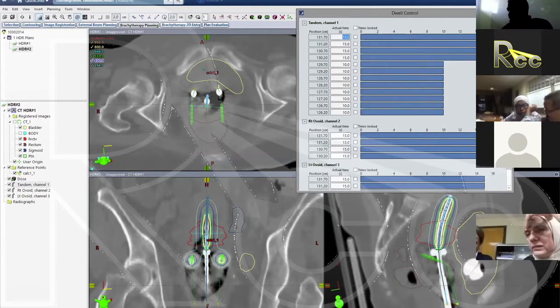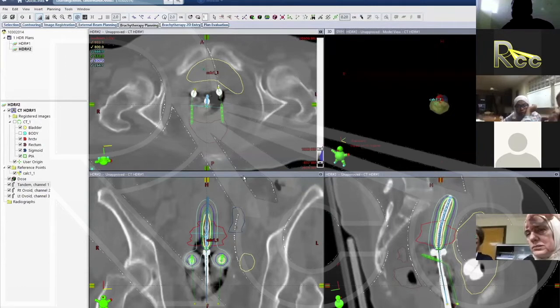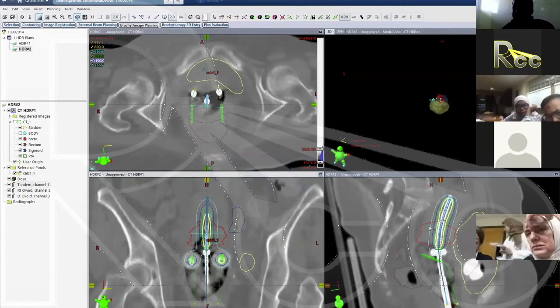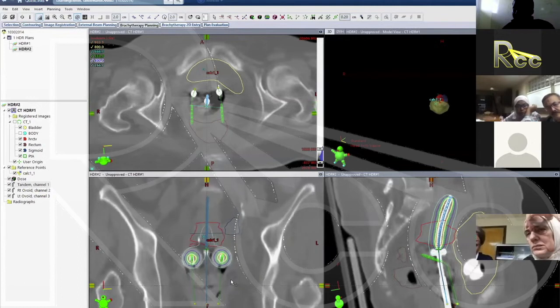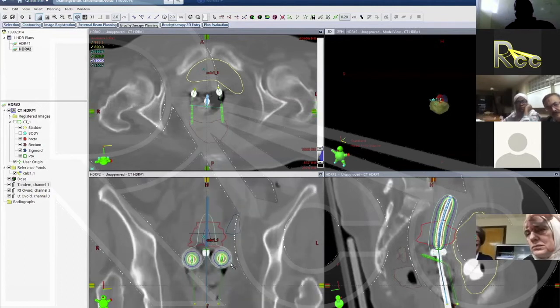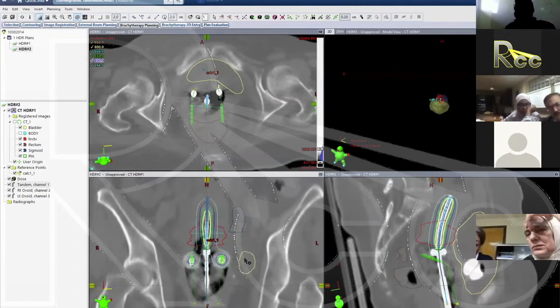Okay, so I'm going to go ahead and close that. And you can see at the moment our dose distribution looks really strange, right? It's not really covering the HR-CTV. It's just right around the tandem and ovoids. And that's because essentially we haven't cared what the time is yet. We just wanted to get the relative times correct in all of those source positions that we just put in there. And then, really simply in our treatment planning system, I think it's fairly simple in most treatment planning systems,